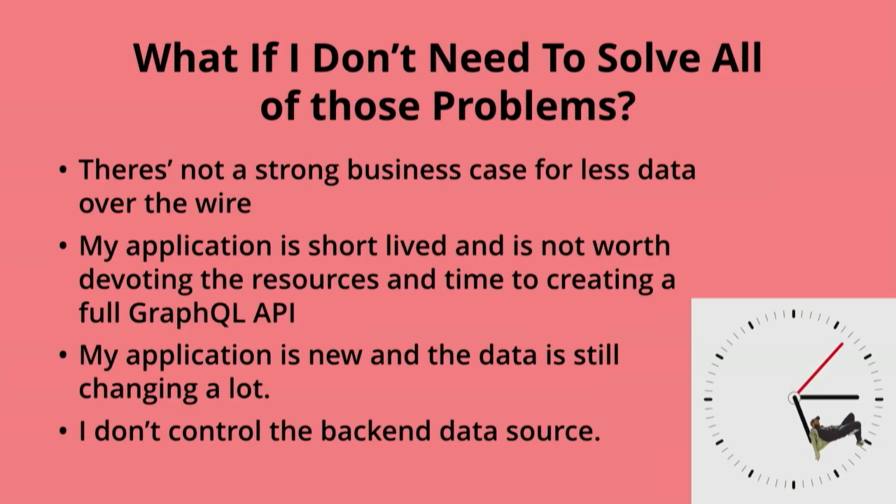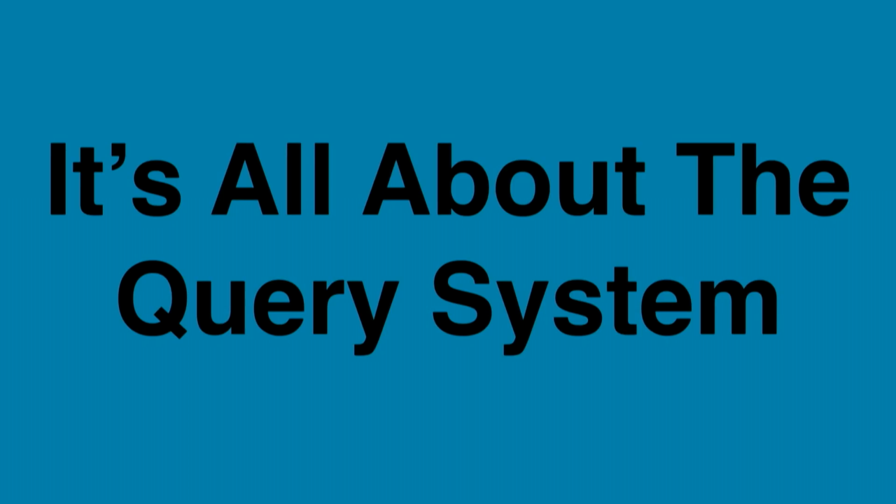There's a lot of things that can be spun up quickly using something like Firebase, where you're not necessarily in charge of how that data is coming back to you. But you still want, or you're just experimenting with something, you still want that query expressiveness, but you really can't have the other parts, so it's not available to you. You can't have the strong typing, you can't have the introspectiveness. But that's cool, because it's all about the query system, which I think is the revolutionary part of GraphQL,